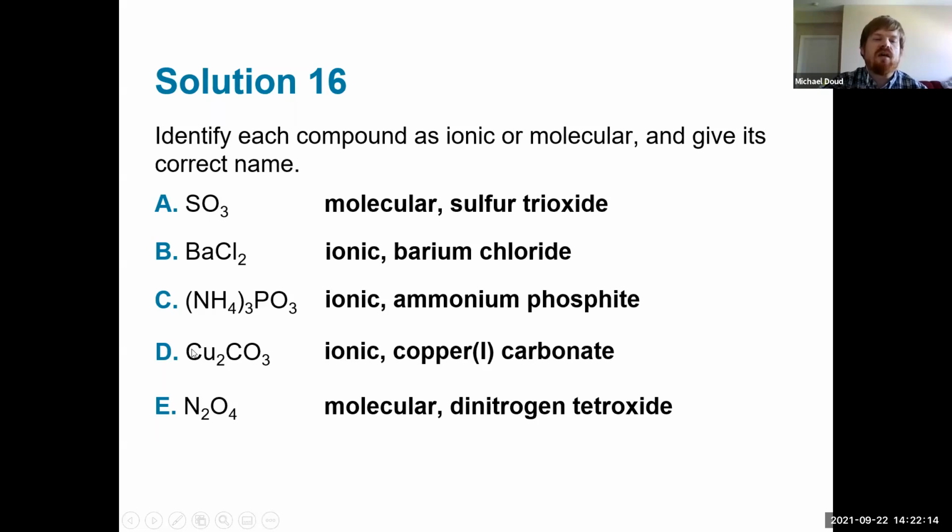Okay, next up, we have a combination of copper, carbon, and oxygen. Let's go ahead and take a look. Well, the first element is a metal. So that's a pretty good indication that we're going to have an ionic compound. And sure enough, we have CO3 on the back end. CO3 is carbonate, right? CO3 2- is carbonate. That's one of the ones that we have to memorize. Maybe you haven't had them totally memorized yet, but of course you can have your cheat sheet until we get